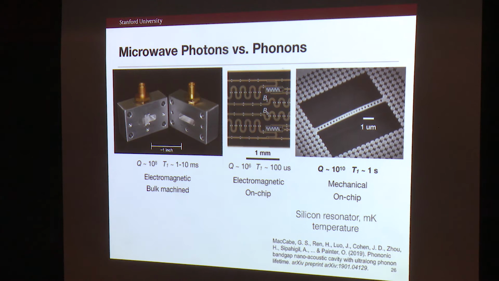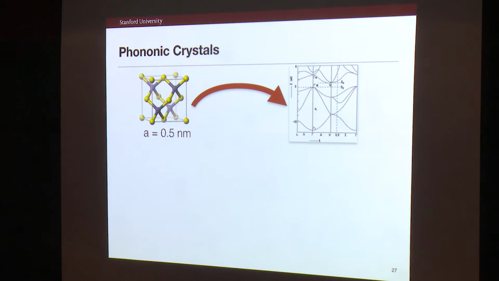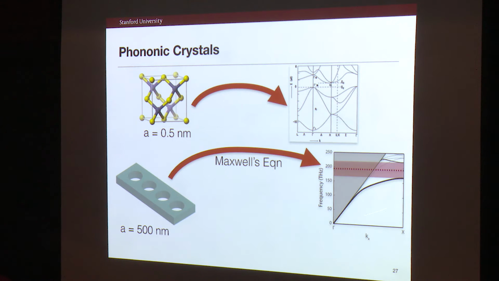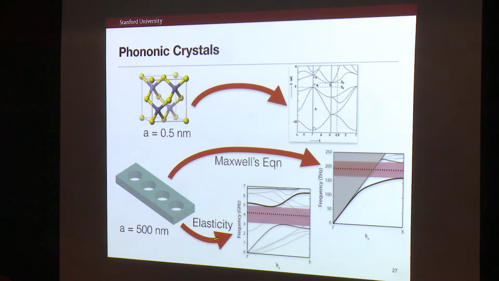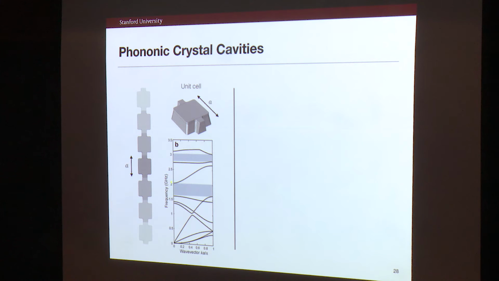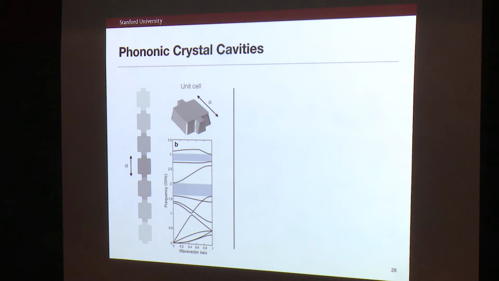And the key thing that makes this work are these phononic crystals. The idea is you have a periodic lattice. If you have a periodic lattice of atoms, you get these bands for electrons. If you have a periodic lattice in a dielectric, through Maxwell's equations, you end up with photonic bands, and through the equations of elasticity, you end up with phononic band structures. This also means you can generate phononic band gaps, so you can have regions in frequency where there's no mechanical excitation of any polarization allowed.